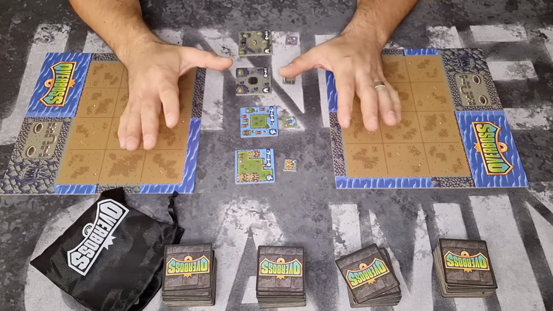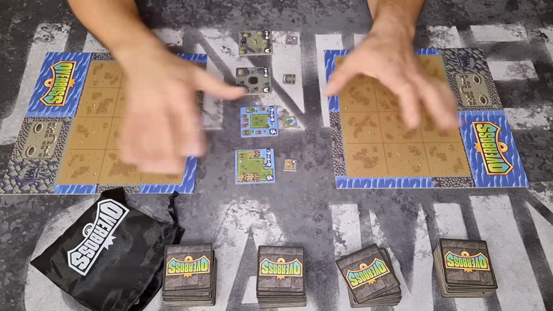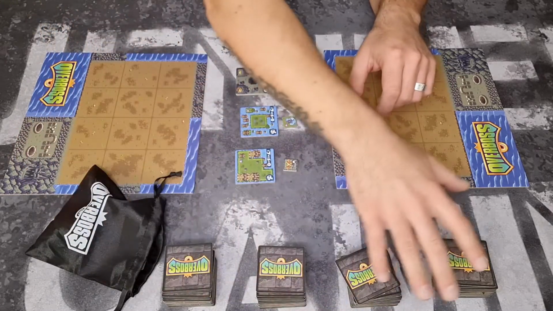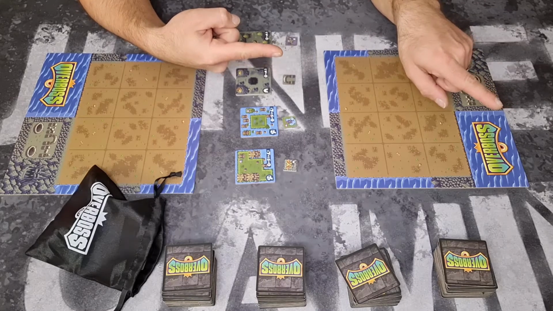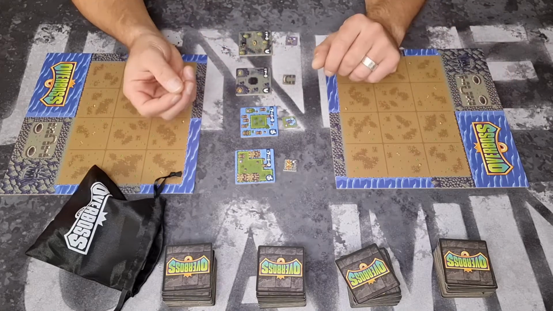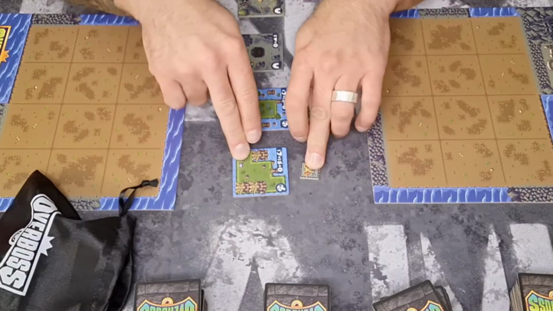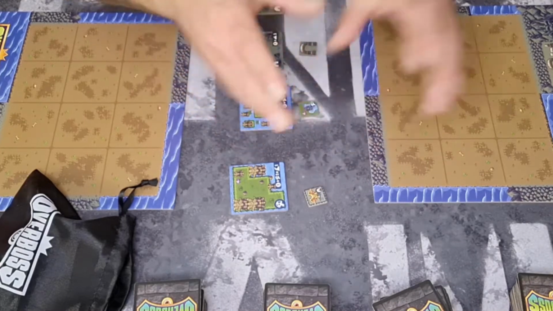So now we are ready to actually play. We have the market, we have the playing areas, we have all the little tokens and the terrain tiles. So let's say it's this player's turn. He or she really only has two things that they can do. They can take a tile, a terrain tile, and the little mini token that belongs to it